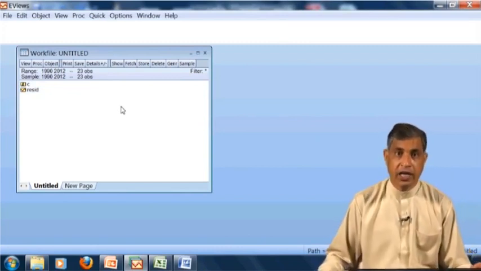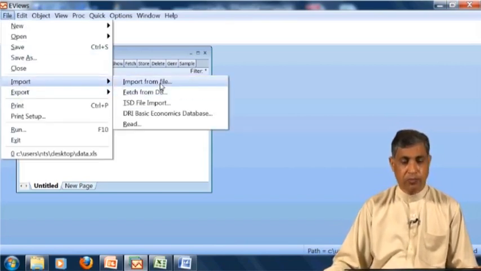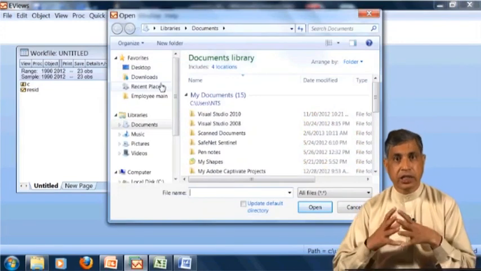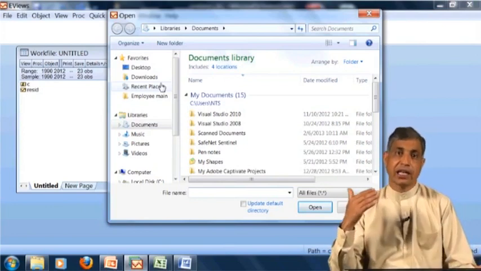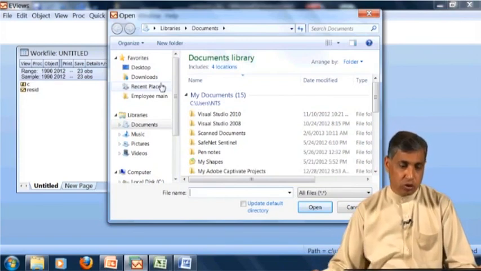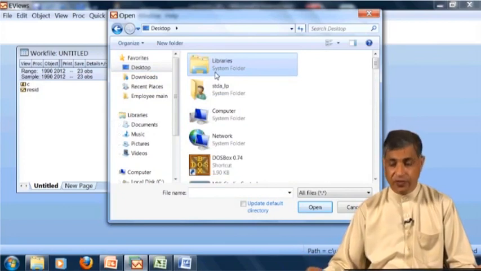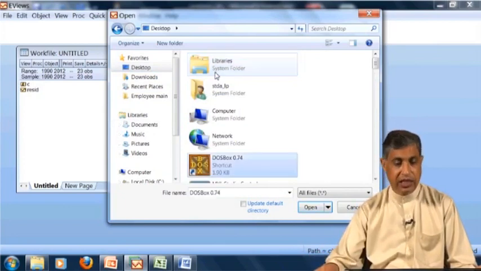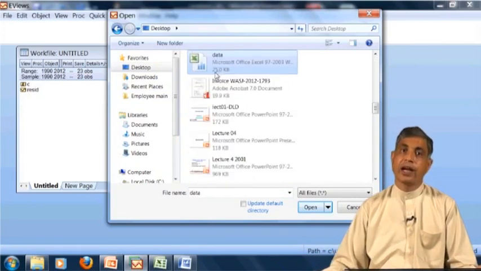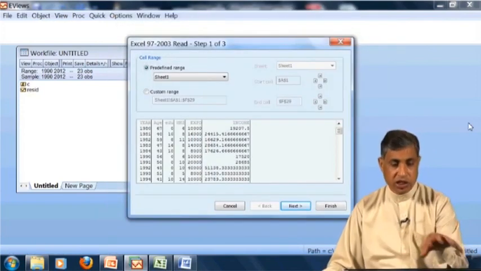So how to import data? I am going back, File, Import, import file. You can import from any location, but for simplicity, I have put my file that has the name of data on the desktop. So I would like to click here desktop, and as I told you that the name of the file is data, I will search it by pressing D from the keyboard. So I reached there. Now I will double click this. This is the data. Now this is its function.